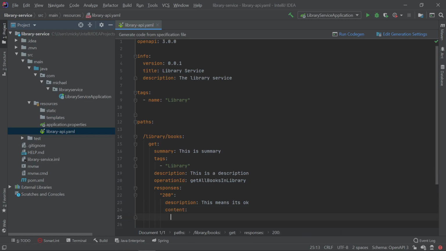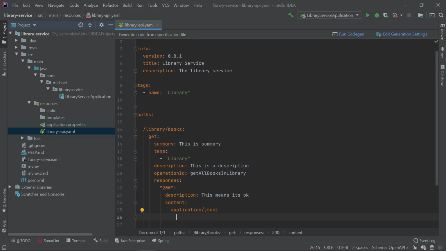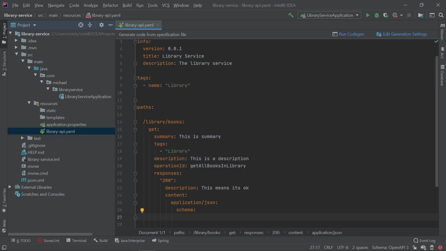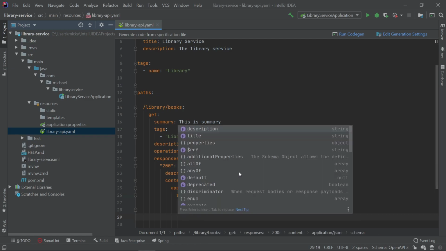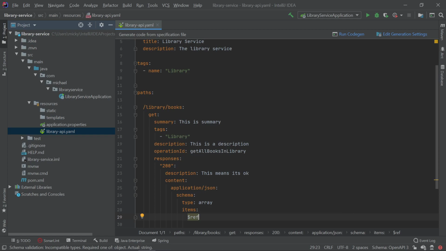So the content is going to be application/JSON, and its schema is going to be a type array, and its items is going to be $ref, and just leave it blank for now. So in here, probably guessed it, is where we're going to fill in our model. So basically what we said is, if it's a 200 OK, this is what we're returning, an array list of